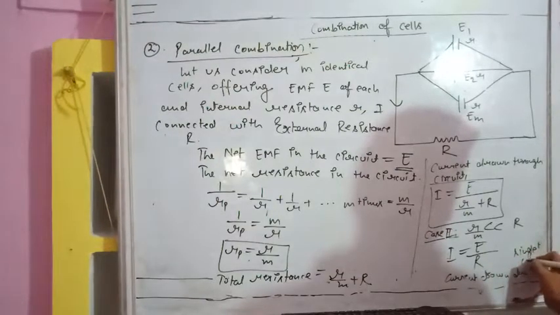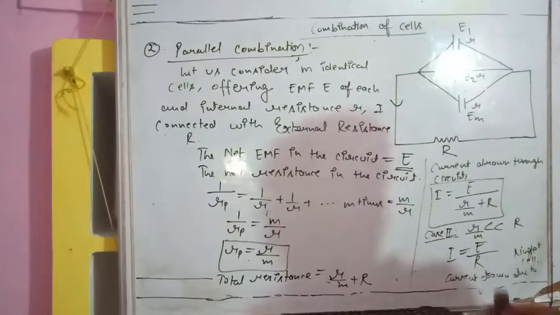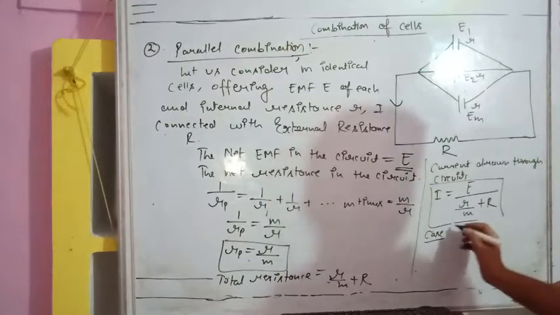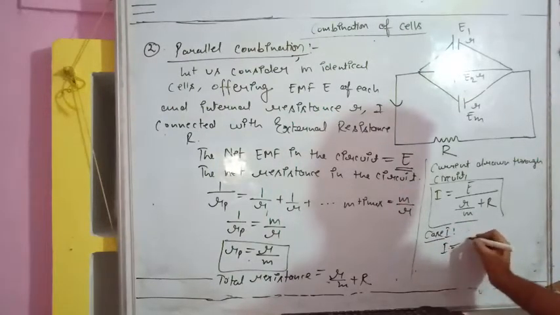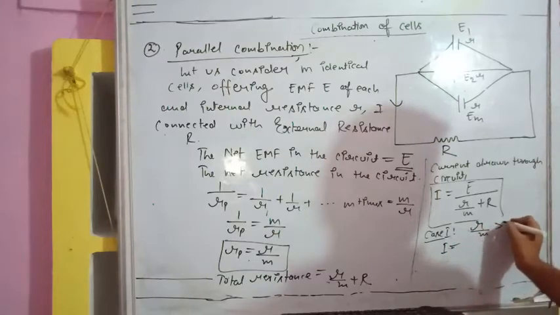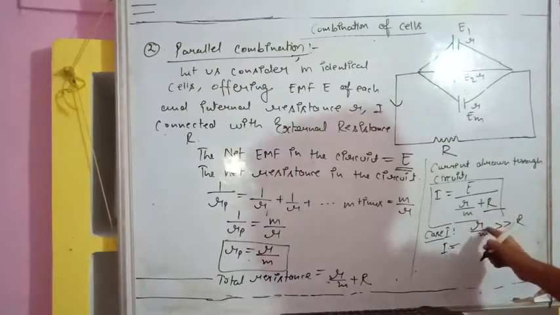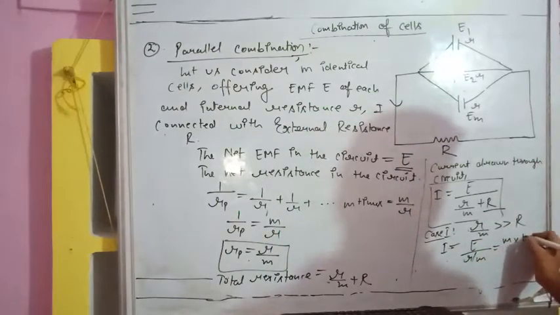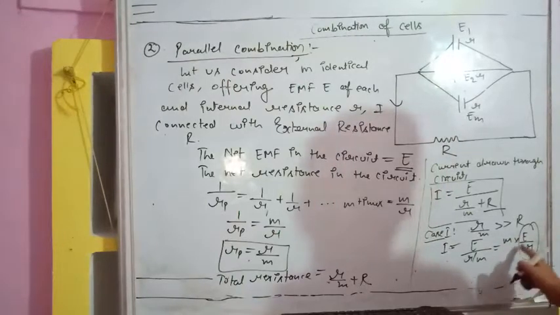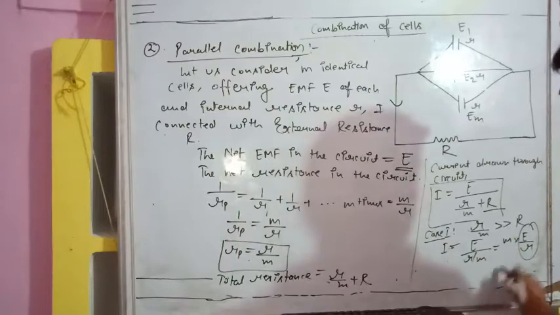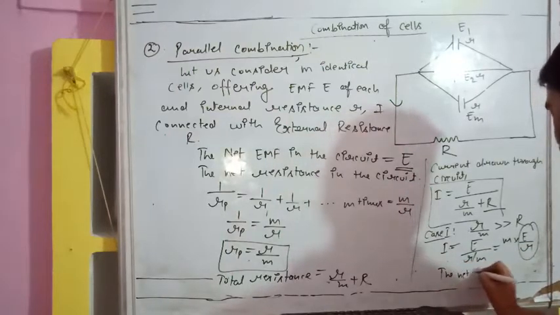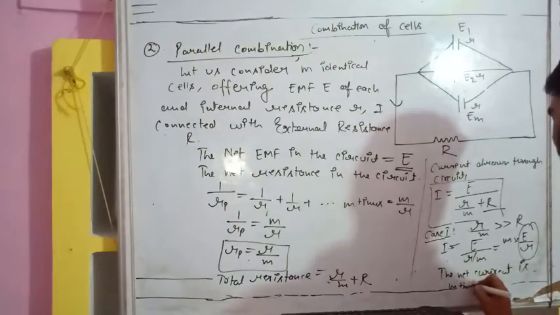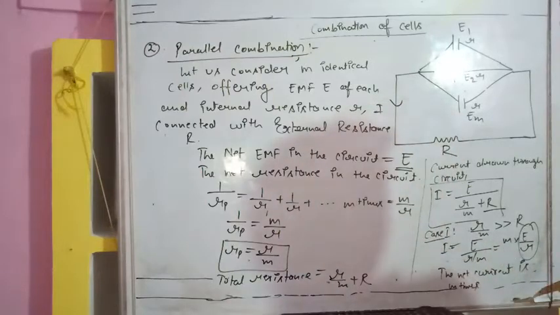Students, there can be one change for case 1. Let us solve this once again. Case second is correct, current drawn due to a single cell. In case 1, suppose we have imagined r upon m is greater than R, so we have to neglect this term, not this one. So I is equal to E upon r upon m. So this will be m into E upon r. You can see E upon r is the current drawn due to a single cell. So in this case, the net current is m times, how many times? m times the current drawn due to a single cell. So you have to remember this case.